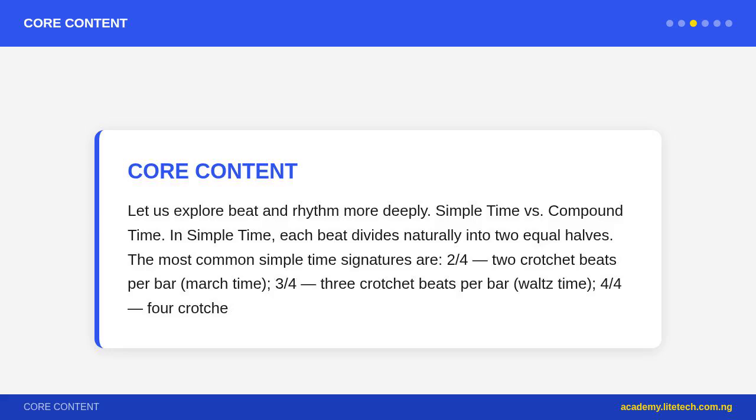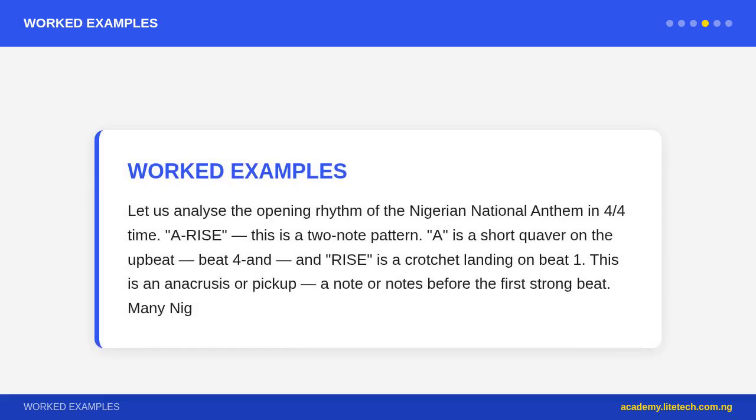Tempo markings, a reminder. Tempo is the speed of the pulse in BPM. Tempo markings are traditionally given in Italian. Grave or largo, very slow, 40 to 60 BPM; andante, walking pace, 72 to 108 BPM; moderato, moderate, 108 to 120 BPM; allegro, fast, 120 to 156 BPM; vivace, lively, 156 to 176 BPM;